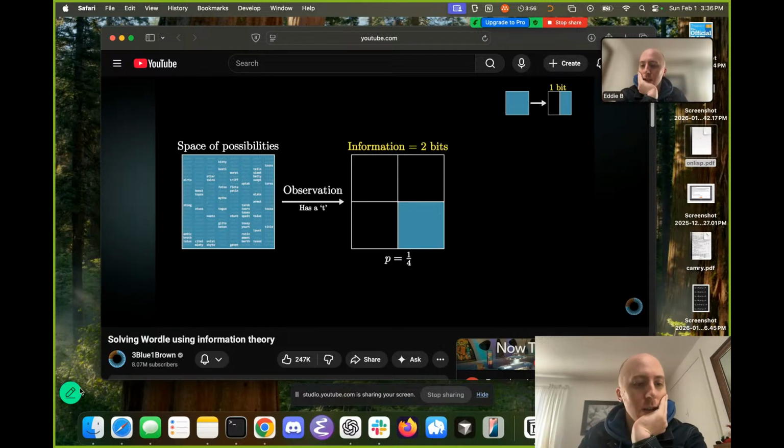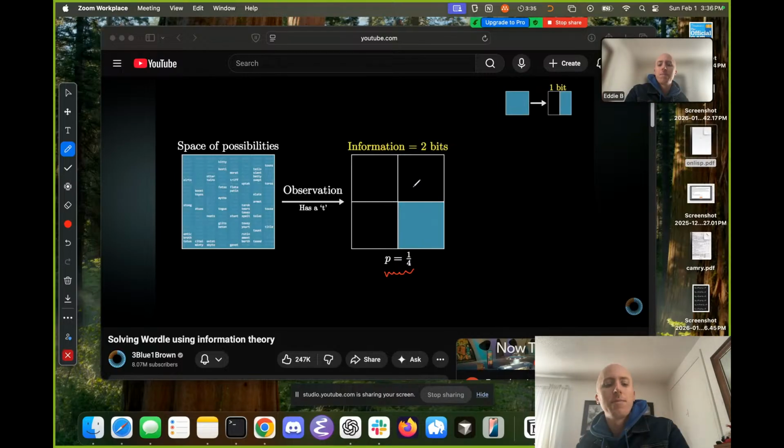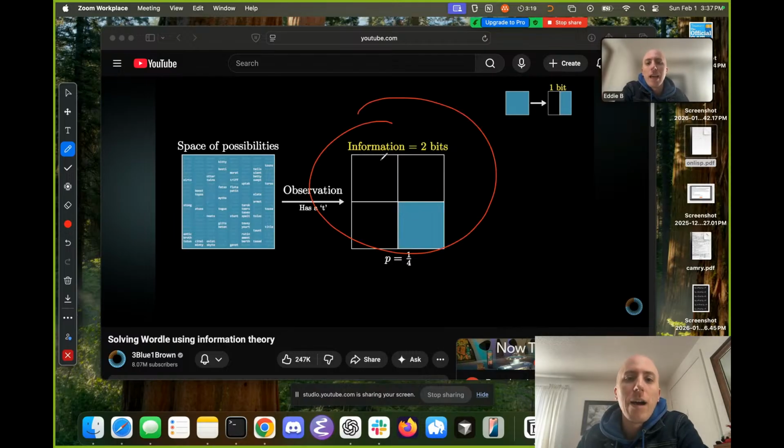Okay, so I think this is starting to make sense now. So it does sound like there is a probability of 1/4 that your space of possibilities gets not cut down by a factor of 1/4, but gets shrunk to 1/4 of the original size, because only a fourth of the words actually have a T, and all these words are equally likely. So the probability of this outcome happening